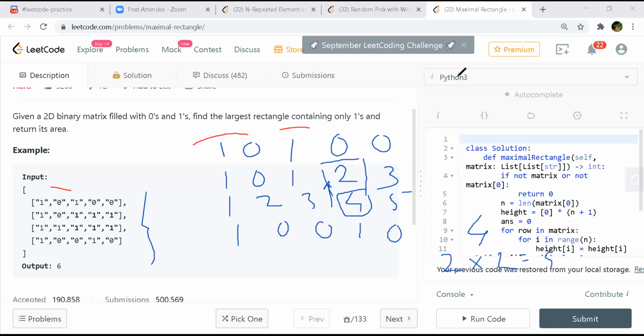But when I come to 5, 5 into 1 will be 5, so my max will be 5, but again I can expand to the upper one. Here this is 3, so 3 into 2 will be 6. So this way I can do it, right? It is sort of your approach only, but I'm trying to do a cumulative across the columns. Basically you are trying to fix your rectangle's bottom right corner, and then going upwards finding the minimum width, and then on the fly changing the area.